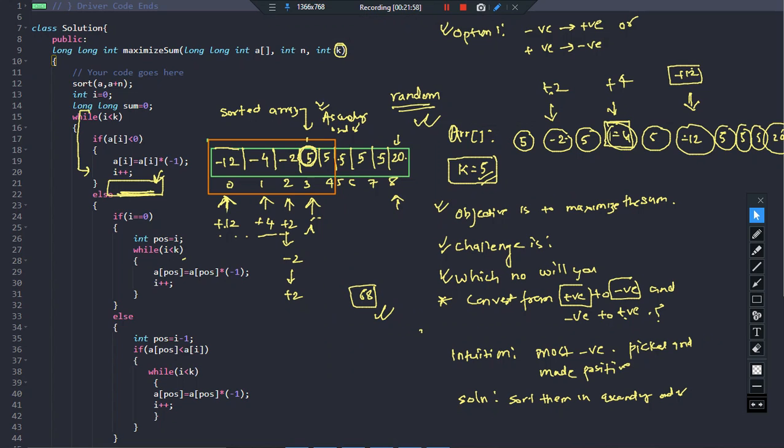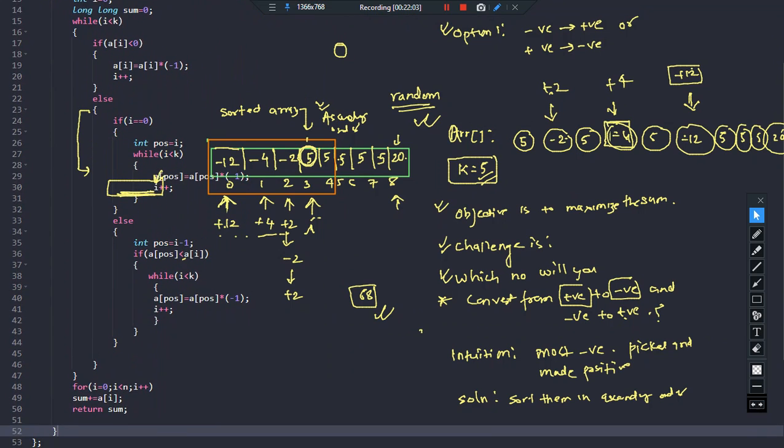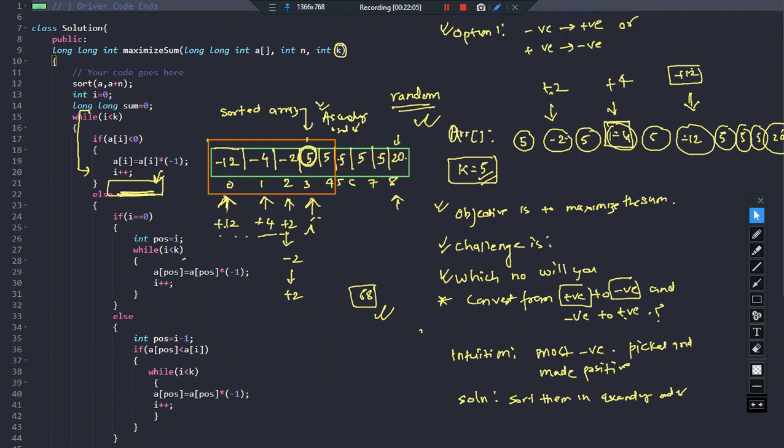Alright, so since we are getting TLE, we will try to optimize our code. Okay, so that's a good challenge. Let us see how we can do it. Here we can see that if a number is negative, we are performing these operations, it's fine. The moment we are getting a positive number, I'm just getting inside this else block. So can we optimize this else block?